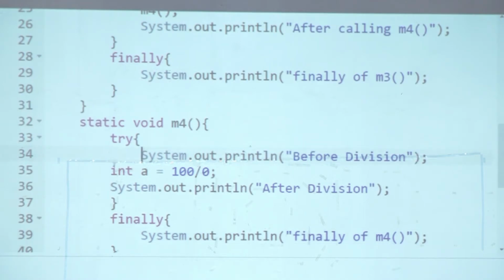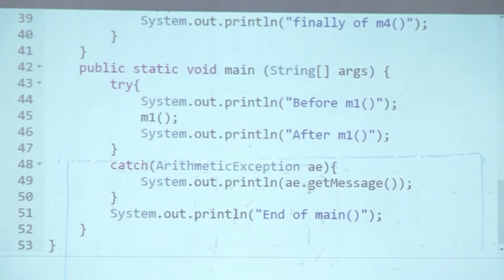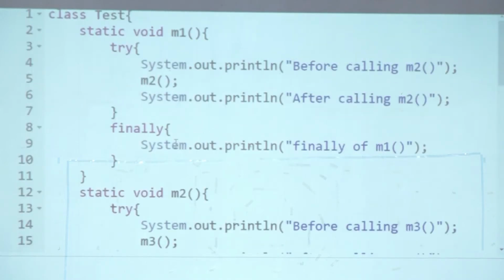Now, can you tell me how many lines will I see in the output? Let's just discuss that and understand and see whether the output measures up to what we think is the output. Okay, let's start with main again. So main, we will say before M1, then M1 will be called, and let's go to M1, and in M1 we'll say before calling M2. Now yes, before calling M2, so we have all the before methods getting called. We can run through them.